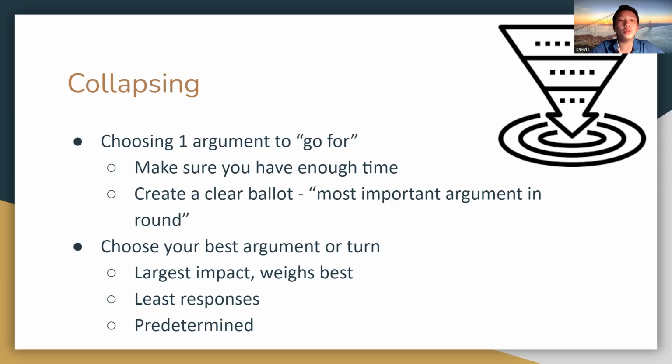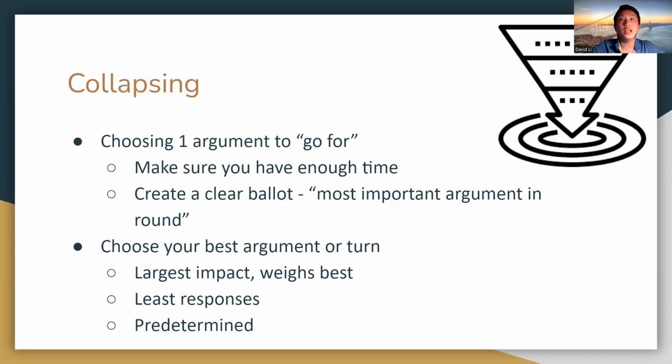And then in general, when you want to choose which argument you want to collapse on, some kind of criteria that you can use is typically what me and my partner did is we just picked the largest impact of that contention. So for example, if contention 3 affected 100 million people, contention 2 only affected 10 million people, we typically pick contention 3. But another important criteria that you want to do is maybe a contention that has less